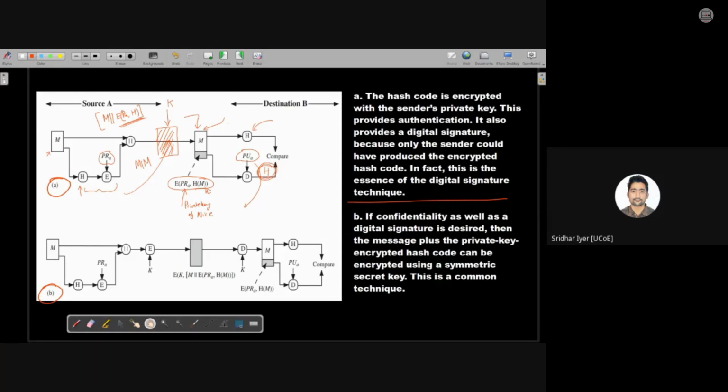Message Digest 5. It is one of the algorithms we are going to learn which is used for generating the hashes. जो भी आप यहाँ पे hash देख रहे हो, h देख रहे हो, h is nothing but a hash. वो hash कैसे generate होता है? We are going to learn two of those algorithms, MD5, Message Digest 5, and SHA1, Secure Hash Algorithm. So we're going to start with MD5 today.